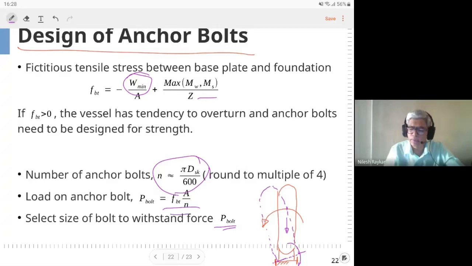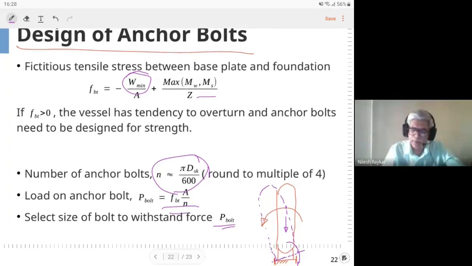So this covers the first topic, that is the design of bolts, and I also have issued a quiz on this particular session. The Google Meet doesn't have the feature of polling like we had in the Zoom meeting, so we cannot have an interactive quiz session here.